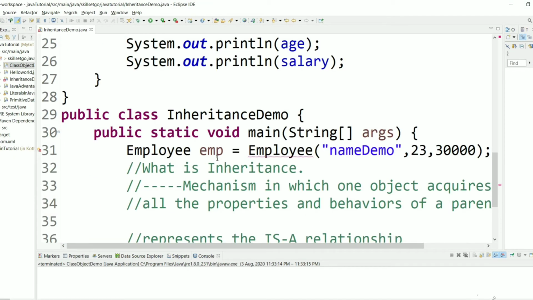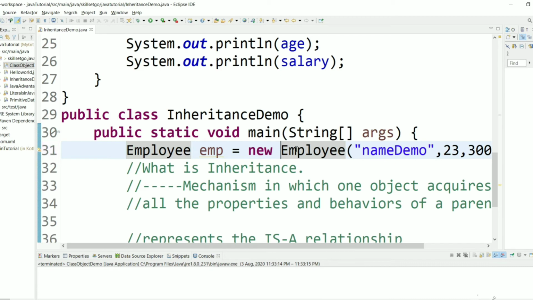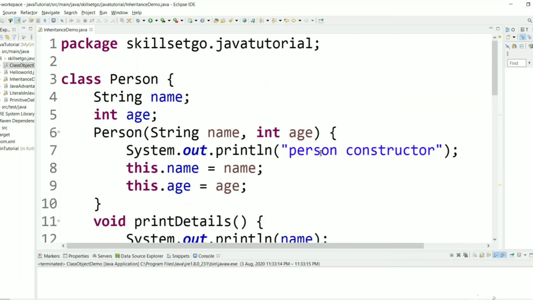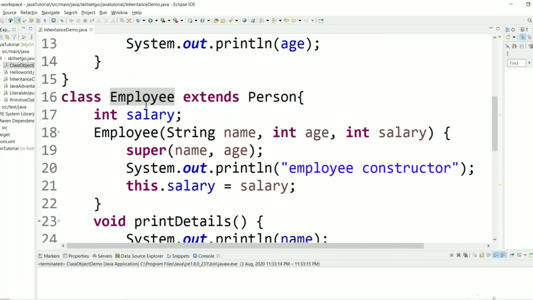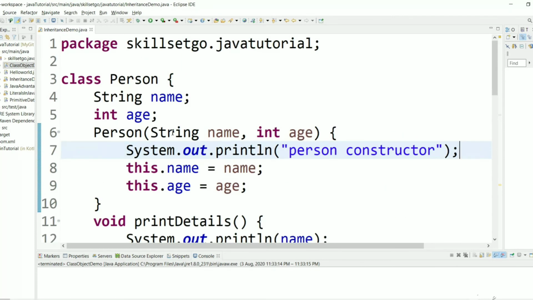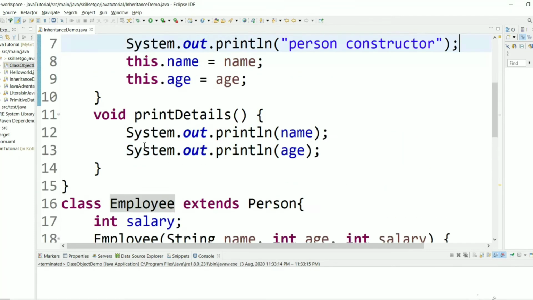In Java, in order to create any instance, we need to have the new keyword. We forgot that. So now the error has gone. Now let's execute and see whether we will get this output or not. The object we are creating is Employee, but we are reusing Person's constructor and Person's name, age.